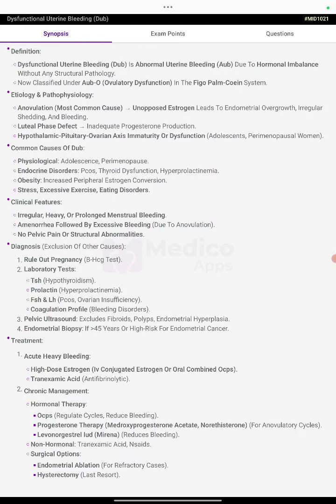For acute heavy bleeding: high-dose estrogen, IV conjugated estrogen, or oral combined OCP. Tranexamic acid, an antifibrinolytic. Hormonal therapy with OCP regulates the cycle and reduces bleeding. Progesterone therapy: